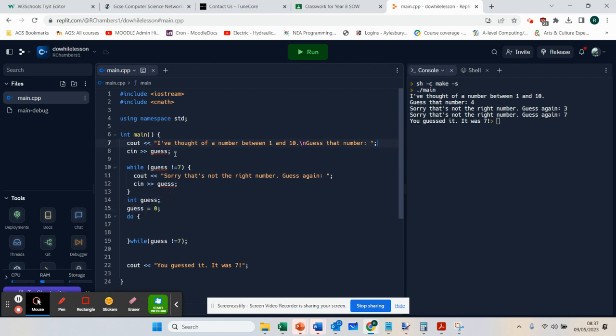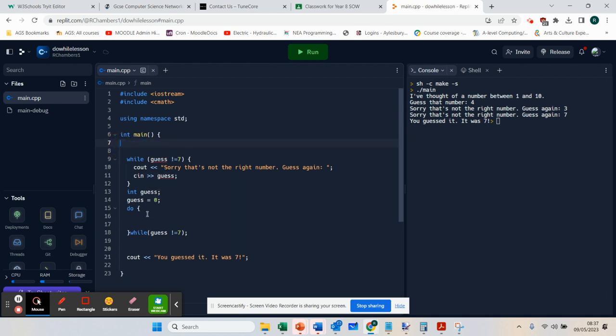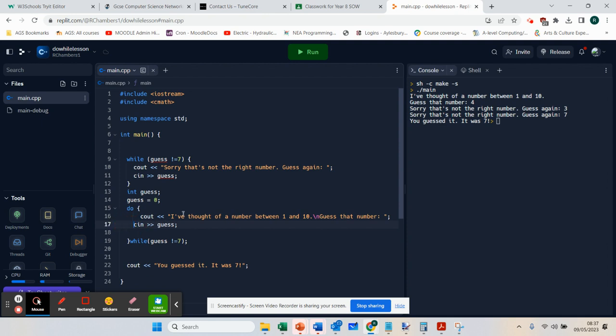Now, what we're going to do here is inside this do loop, we're going to ask for a number between 1 and 10, and to begin with, it's set to 0. So it's going to have a value called guess because it's saying while guess is not equal to 7. So what we've got here is while guess,